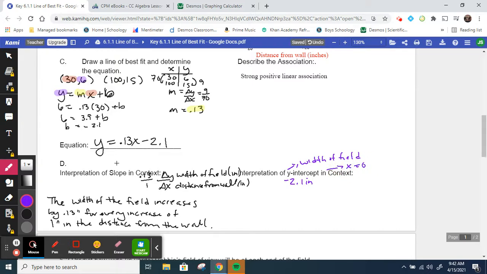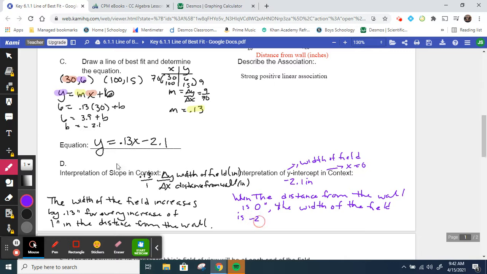In this case, x is the distance from the wall. So when the distance from the wall is 0 inches, the width of the field